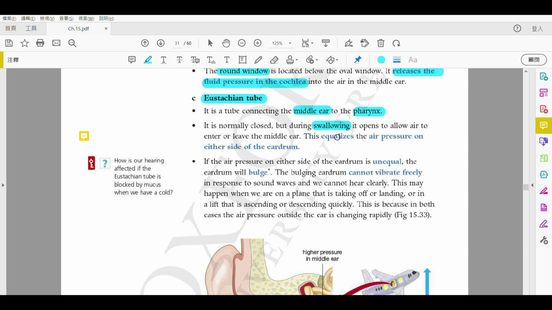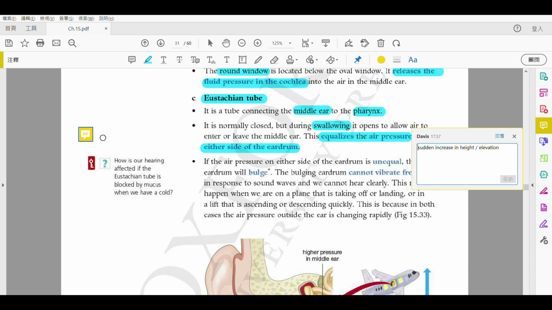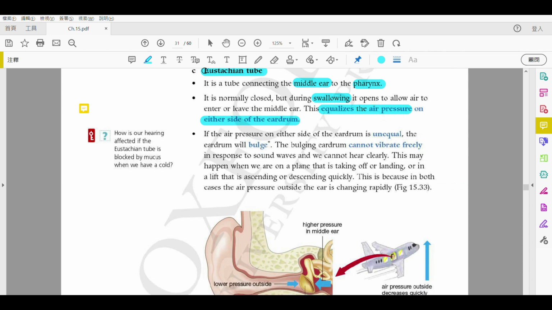Alright? So therefore, why do we do that? Because this helps us equalize the air pressure. 係等同咗，OK? 平衡咗個 air pressure 啦 on both sides of the eardrum. 咩叫 both sides of the eardrum 啊？That means 代表咩嘢咧？就係 one part would be our inner ear and the other part would be our outer ear. Okay? So somehow the air pressure between the inner ear and the outer ear is equalized. 會等同咗啦。